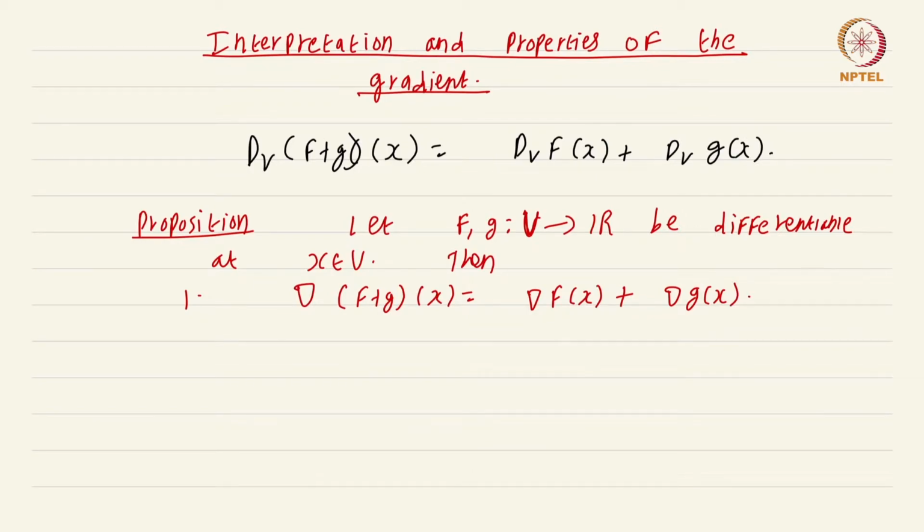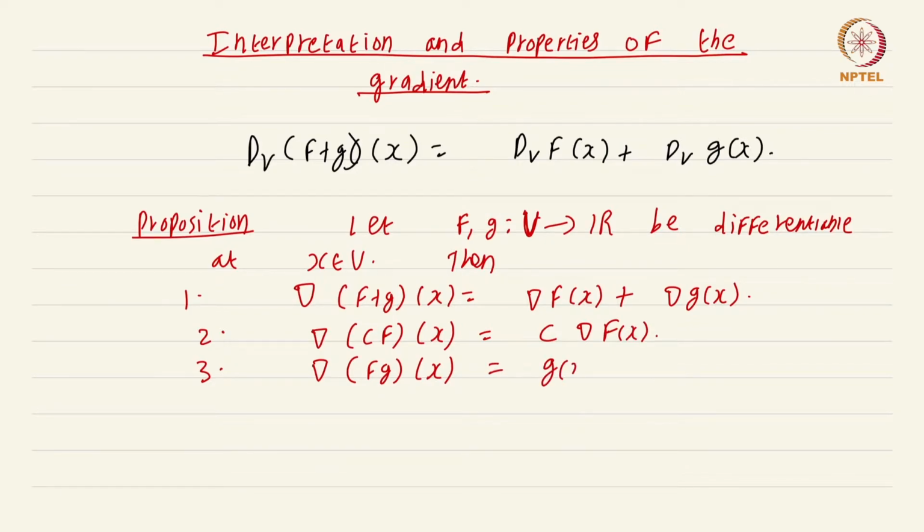We also have the gradient of cf at x is equal to c times the gradient of f(x), and finally we have the gradient of fg at x is equal to g(x) times the gradient of f(x) plus f(x) times the gradient of g(x). These are all straightforward properties to prove, and I'm going to leave them to you to work out